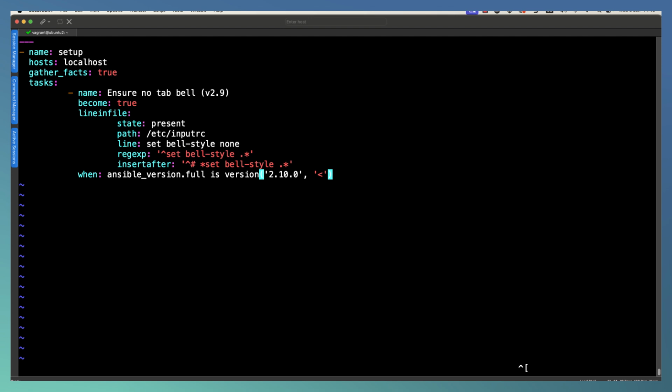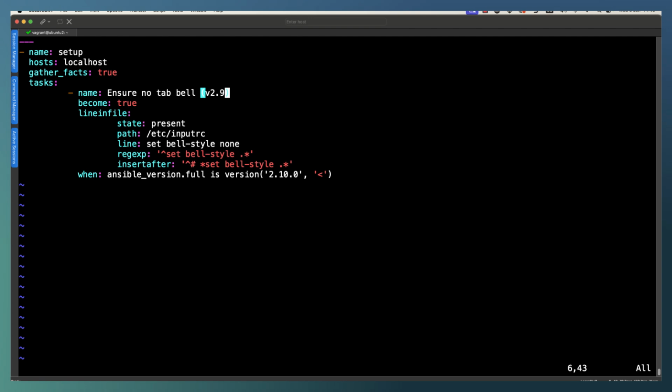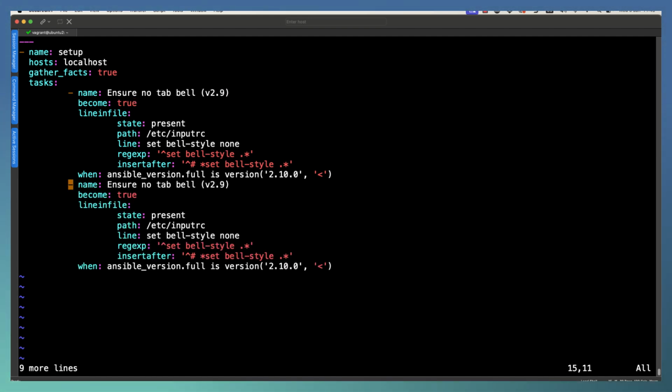Now, we do need to duplicate this task, and we can then just change it so it works with 2.10 and later. So let's copy these lines. We've got 9 lines, and I can paste them in below, and then make sure we tidy some of this up. Yeah, cut and paste is easy to forget to change everything. So we can put our version 2.10.